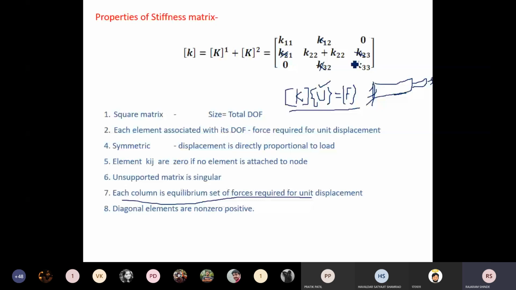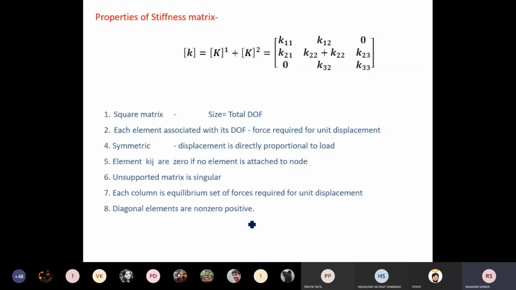Diagonal elements are positive and non-zero. Always, see here, diagonal elements are positive and non-zero. Okay. These are some properties of the stiffness matrix, and you have to remember them. If in calculation your stiffness matrix does not satisfy these properties, that means you have made some mistake. After calculation, what you have to check is the addition of the columns. If it is 0, then that stiffness matrix or calculation is okay. If it is not 0, that calculation is wrong. You revisit the calculation.